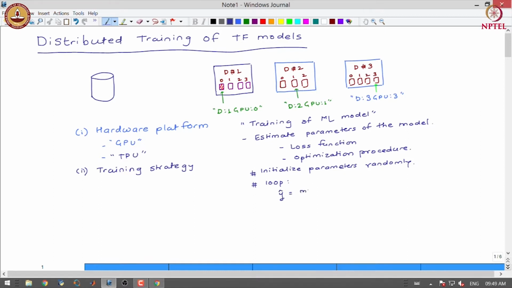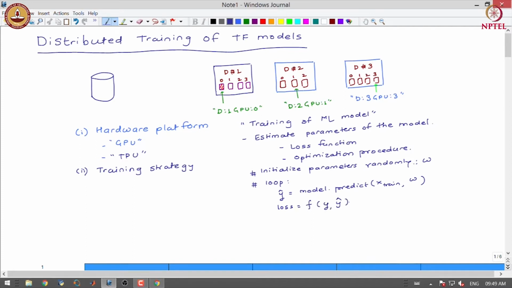We use model.predict for the training examples with the weight vector that we have initialized here, and then we calculate loss as some function of the actual value and the predicted value.